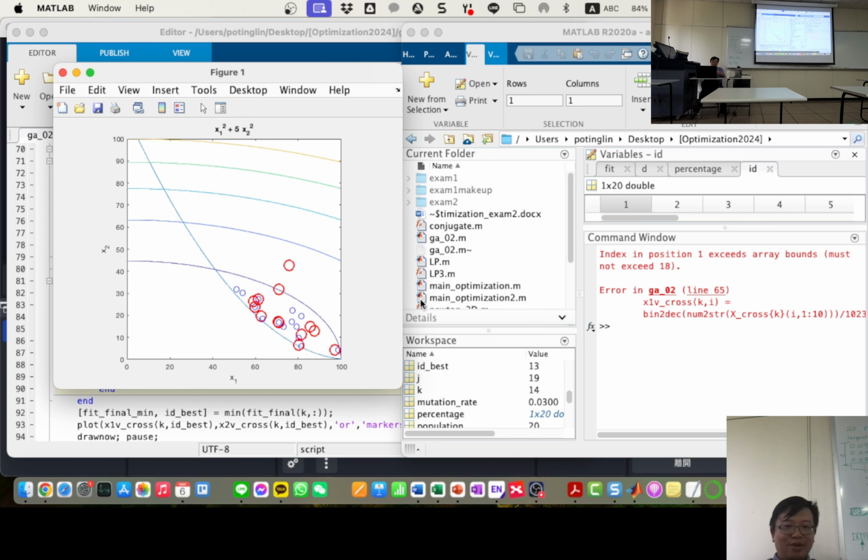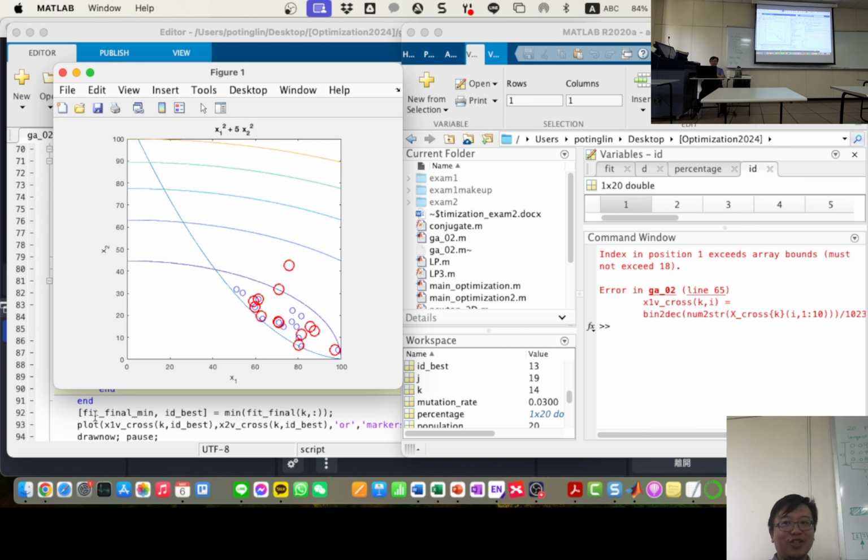If I can spend 30 more minutes, probably I can program it more effectively. So I'm keeping the overall best and allowing crossover and mutation to jump around. So I should be able to find the overall optimal, maybe somewhere here. Okay? So that's the spirit of